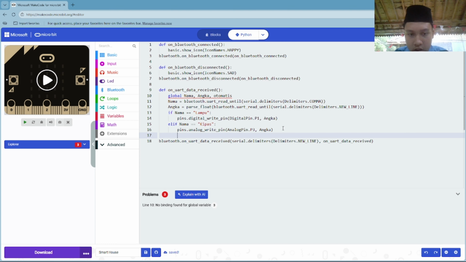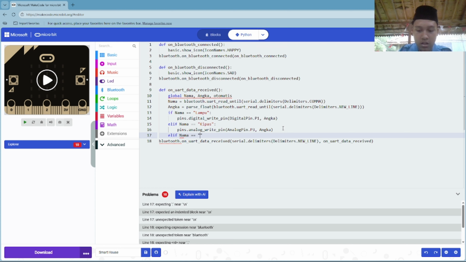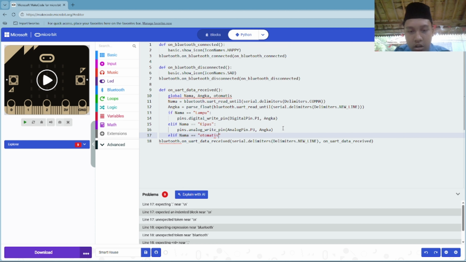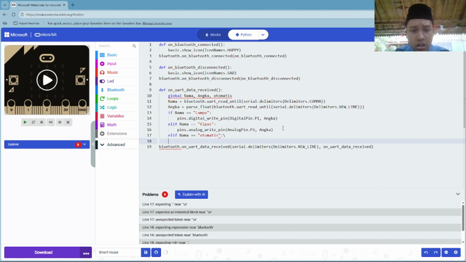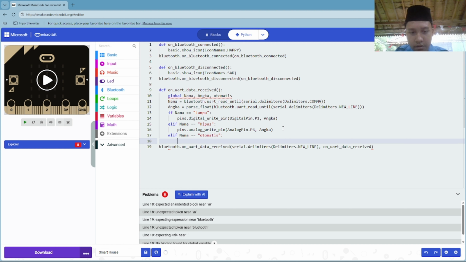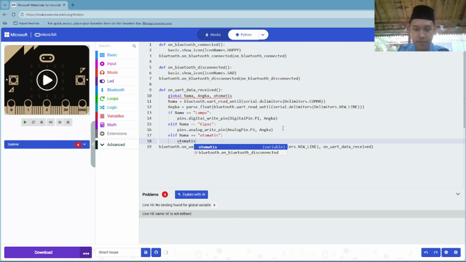Next, there is one elif, we again have elif three options nama that we will use. The first is otomatis, automatic, and then the field of this code is set otomatis to be angka.